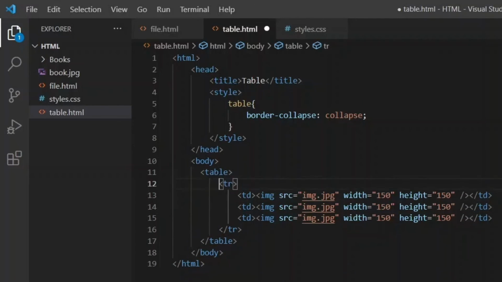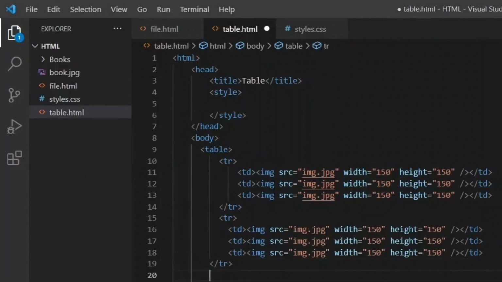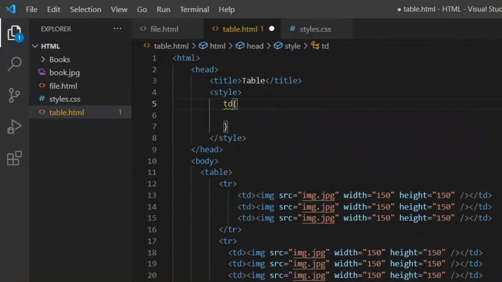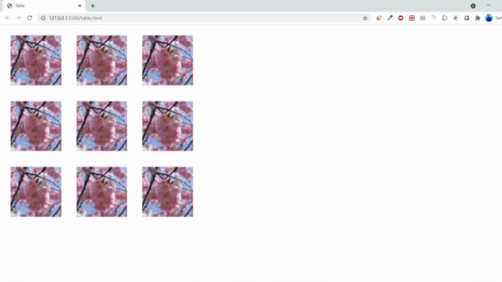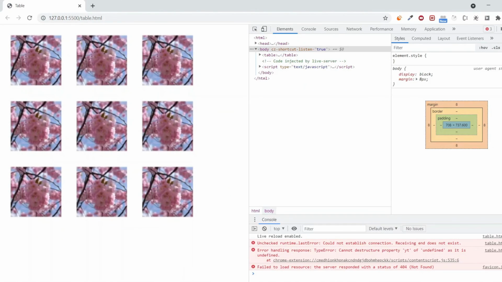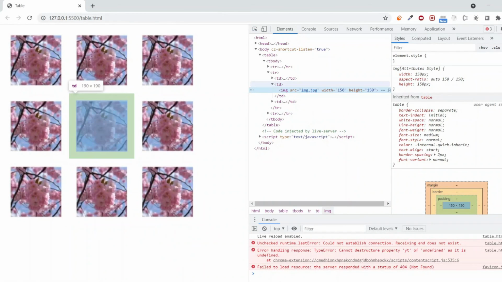So we create a 3x3 table and use the img tag inside the td tag. We adjust the height and width and apply padding. We hit save. See, we get the required result. We could confirm the padding in between using the Chrome developer tools via Ctrl+Shift+I and see we have the padding here. This was also one of the amazing layouts which we can create using tables in HTML.